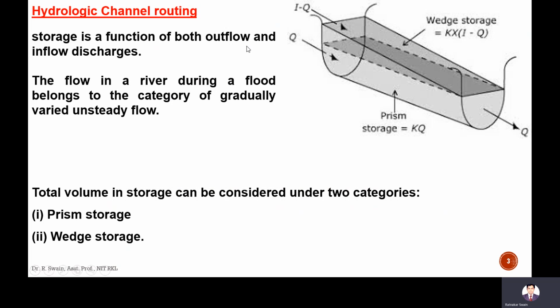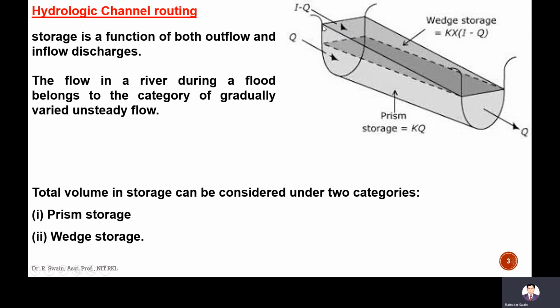So this channel you can see here. Usually in case of flood, the flood wave is coming to the channel, is joining the channel and again leaving. And in this advancing of the flood, the slope will be like this. It is called gradually varied flow, so there will be gradual variation of the flow depth.